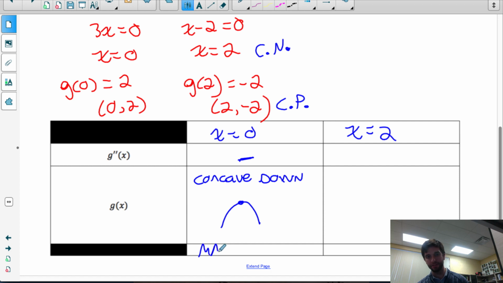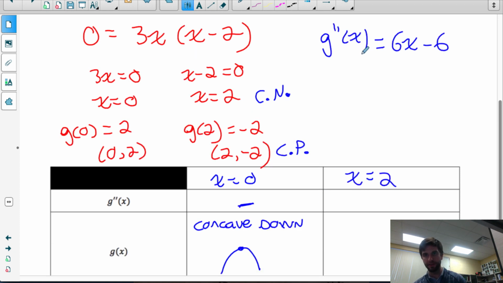So we have a max. I should write local max. It's a local max at (0, 2). How about at the x value of 2? If I plug 2 into the equation of my second derivative, g double prime of 2 would be 12 minus